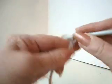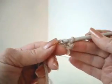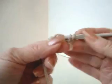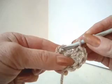So to begin, I'm going to chain 4, and I'm going to slip stitch to join and form a ring. I'm going to chain 2, make 9 double crochets in the ring. Slip stitch to join,